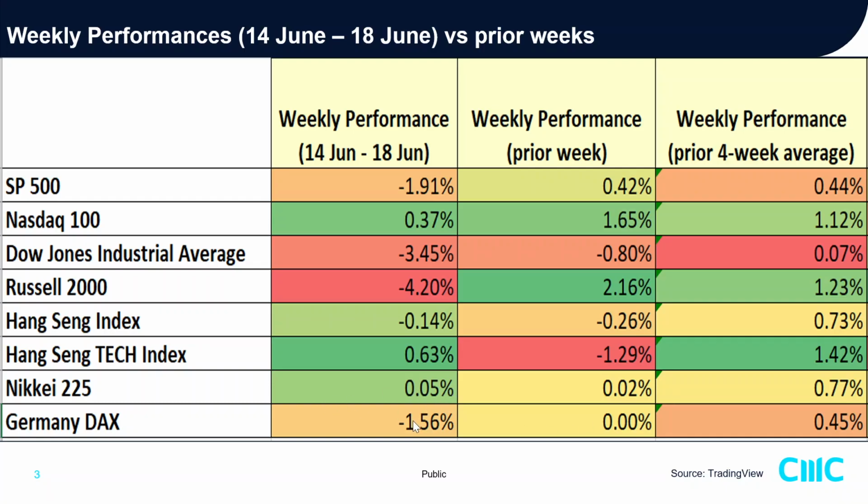German DAX also collapsed as well because it's heavily cyclical weighted, negative 1.56% last week, almost the unchanged mark for the prior week, and it has actually been sideways for the last couple of weeks. Last Friday, it plummeted due to the negative feedback loop seen in the US stock market. Those who want to find out why the US market faced such high volatility on Friday can follow my tweet. Later I'll share how to follow me on Twitter. I explain the reason in a market recap almost every day.